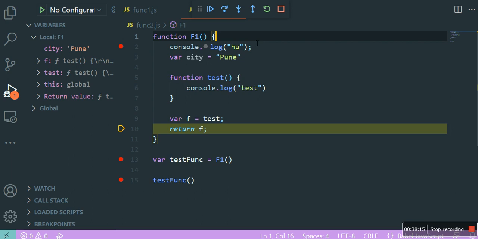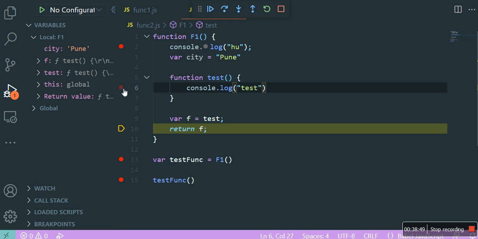This is one of the very important concepts people miss. They say, okay, this is an inner function, a nested function, no, forget about all these things. This is not a nested function or inner function. Yes, it looks like one, but it is an independent function object, and when it is executing it does not care what is there in line number 2, line number 3. It does not care.